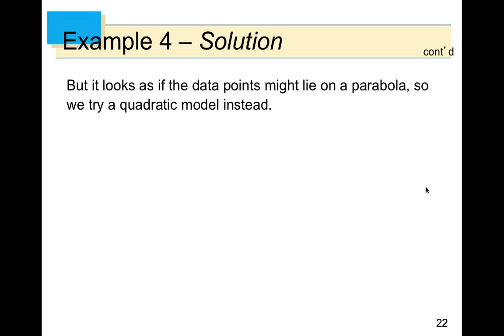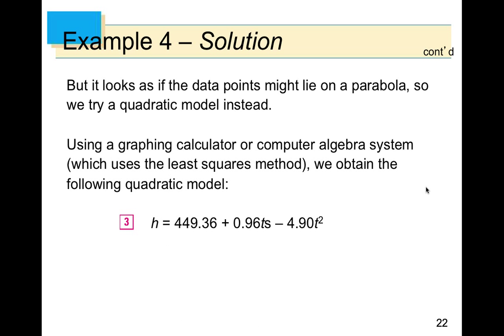So it looks as if the data points might lie on a parabola, so we can try a quadratic model instead. Using a graphing calculator or computer, we created the scatter plot, and we can obtain the following quadratic model. This is the model that the calculator gave me, which is h equals 449.36 plus 096 t minus 4.9 t squared. We can ignore this t's, that's a typo. And this is a quadratic model, and since I've created this quadratic model, I can use it to predict at what time this ball should hit the ground,